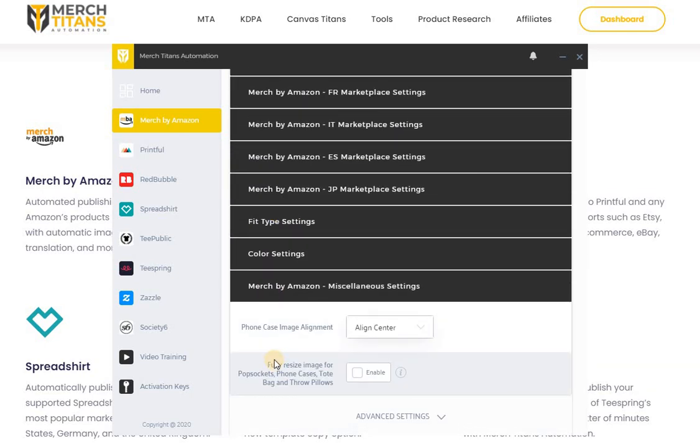Miscellaneous. So this is when it comes to phone cases and the alignment. You have a few different options. Align top works with all of my designs, and it works perfectly with the camera hole in the cases, and I've never actually had any problems with the alignment of my images when it comes to phone cases. Fully resized image for pop sockets, phone cases, tote bags, and throw pillows. I keep this